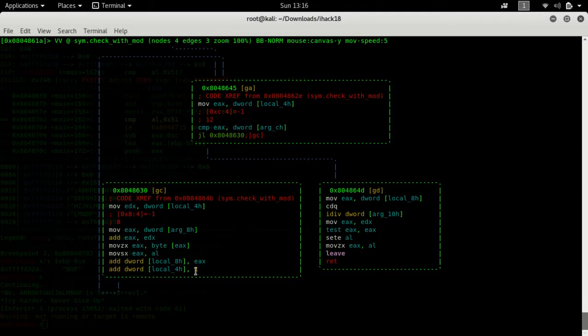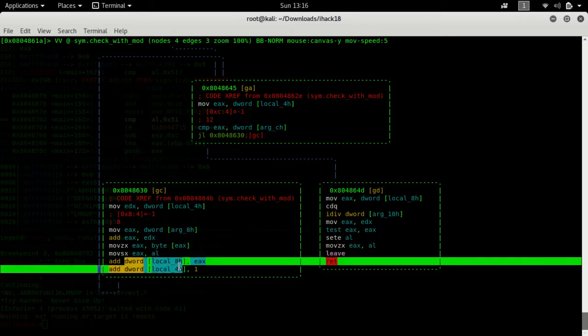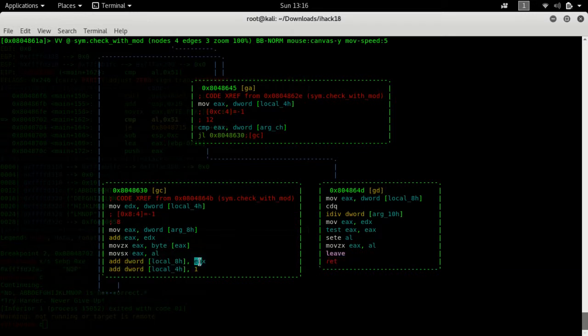And this is incremented by 1, so this is a for loop apparently, and this is added to EAX every time. So I'm just going to assume that it's